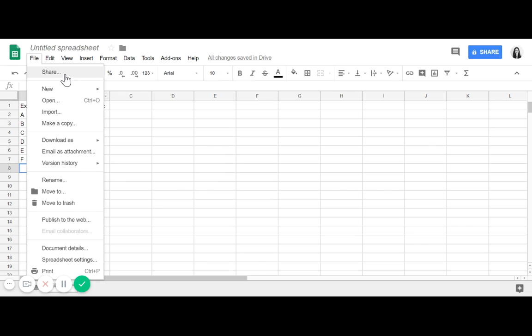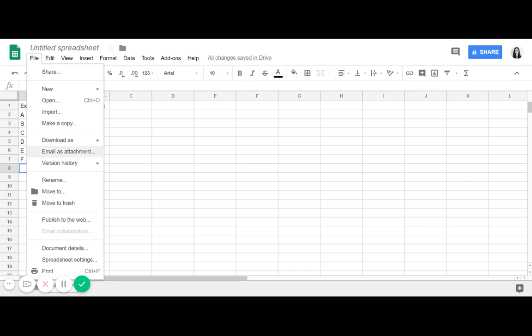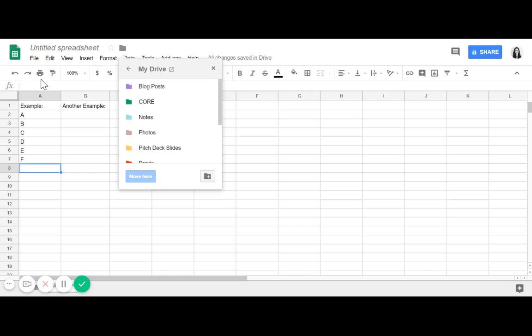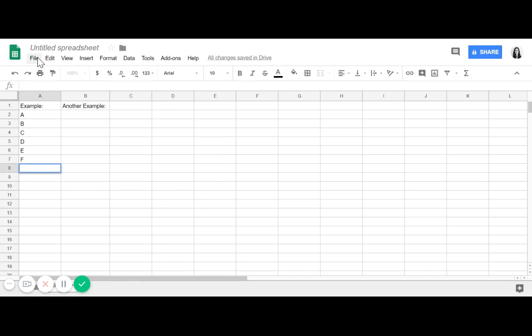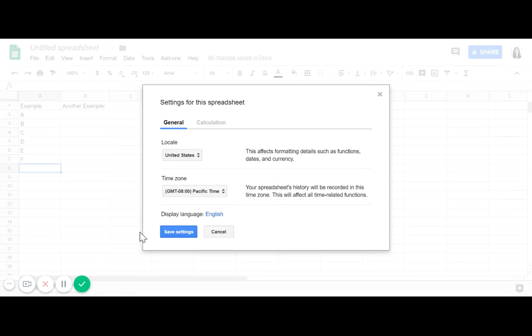And so first, you can already see the similarities. You can share a document, open new documents, import, make a copy, download, email as an attachment, trash, move to, that's all the same. There's really nothing under the File tab that's different from Google Documents, except for the spreadsheet settings,